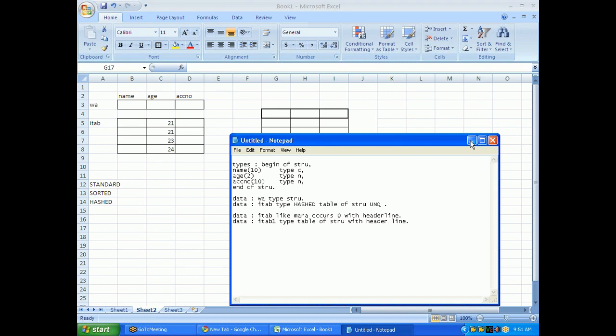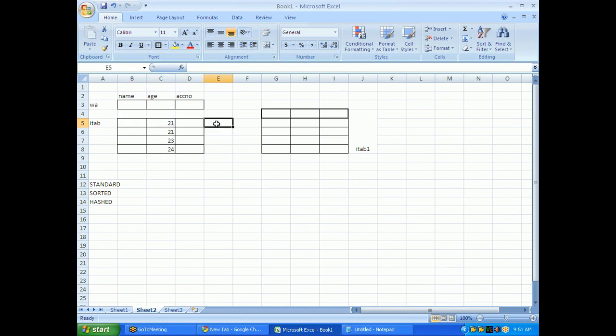I will tell you in the upcoming classes what is the index, how to read the index, and how to get the record based on the index. We will see in the next classes. Each and every internal table will have an index. Index is, in other terms, the number of the record. For example, if this is the first record, the index will be 1; if this is the second record, the index will be 2. So the index is the position of the record in the internal table.